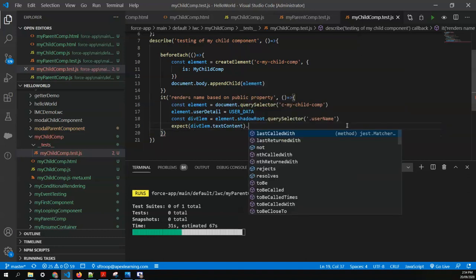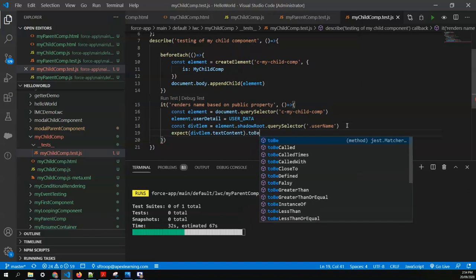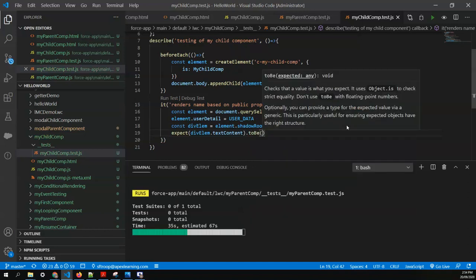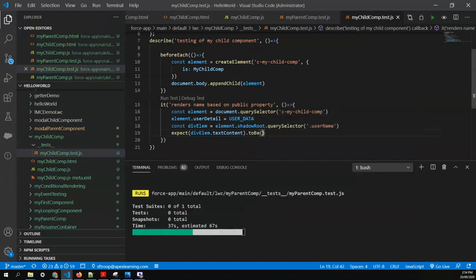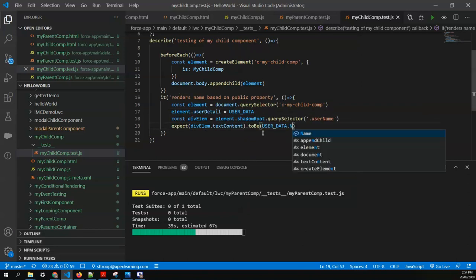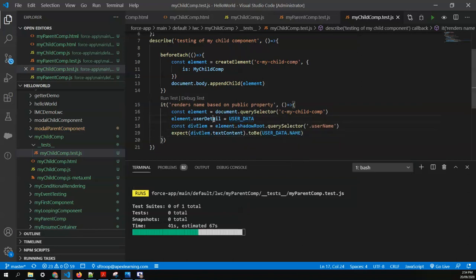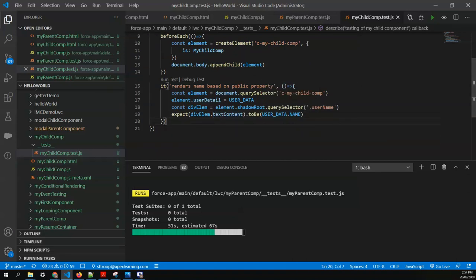So between the tags, if the name is coming correctly, it should be user data dot name, because we are setting the user data to the user detail property, and ideally user detail property should render on the DOM, and the name should be same as the text content. Okay, this is the first case. While this test case is running, we'll write another test case as well.